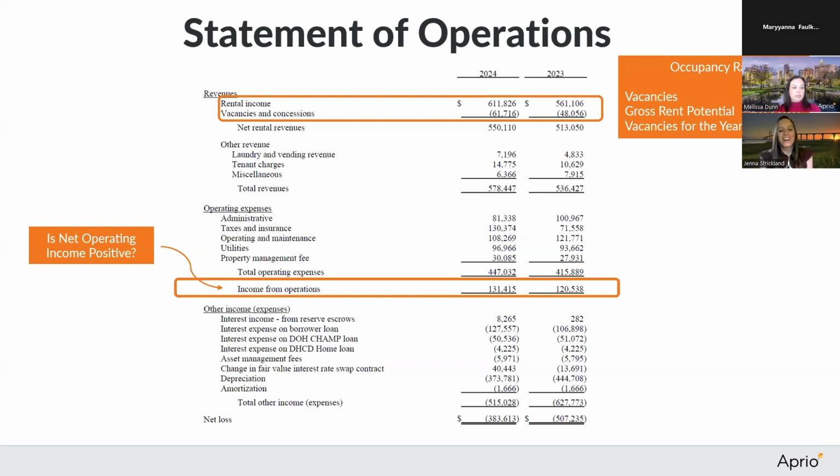So I think we're going to go into vacancies a little more later on and talk about some averages across the nation, averages across affordable housing. But that is something you want to look at, those vacancy rates and also year over year comparisons. If you do have a comparative statement, we can see that our rent revenues went up this year. So there was probably some kind of increase in our market rates. So that's something to always note as well.